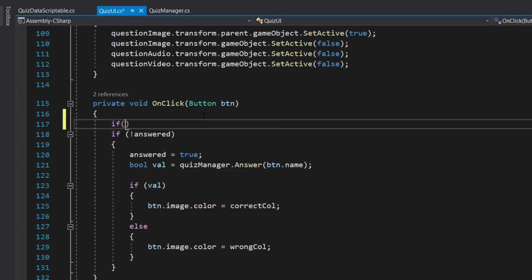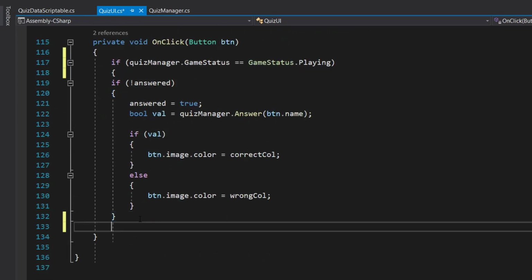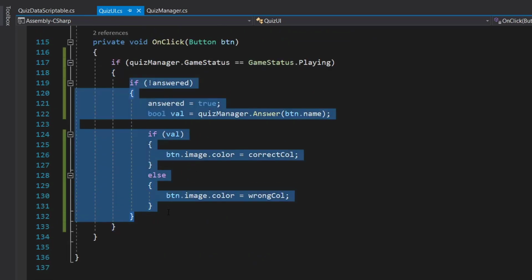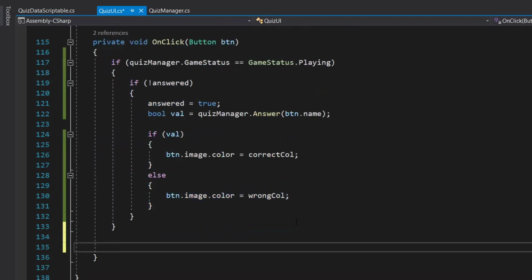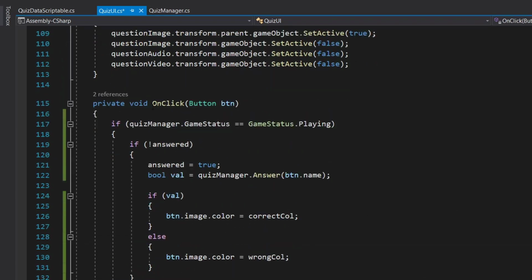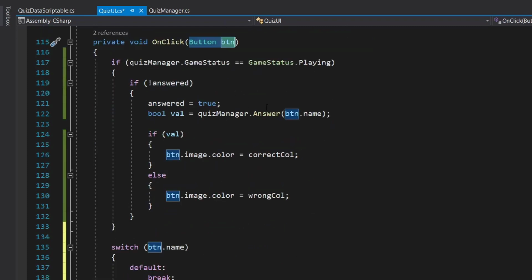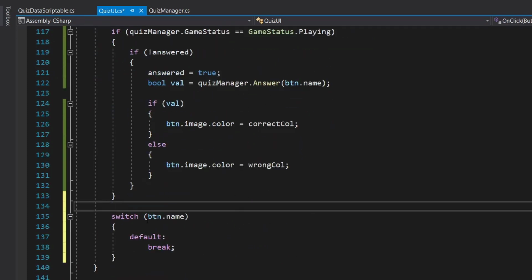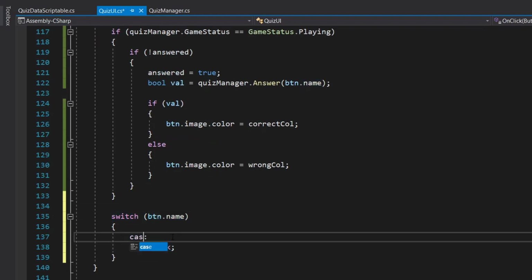Okay, so let's go to our quiz UI, and here in our on click we will need an if condition. If quiz manager dot game status is equal to game status dot playing, then only we will call this code, else we won't be calling this code. And for our category buttons, we'll create a switch statement. So switch our button dot name. As you can see here, on click takes a button as a parameter, so we are just checking that button's name. So if our button dot name is